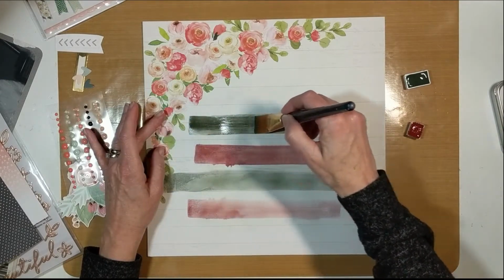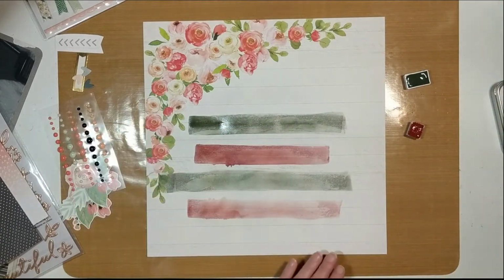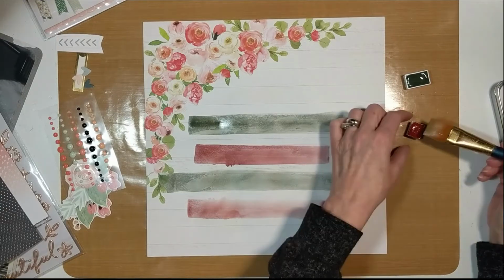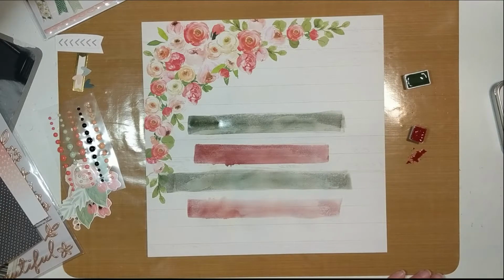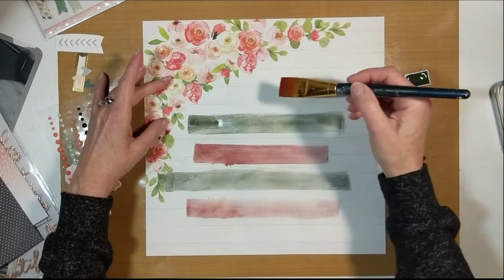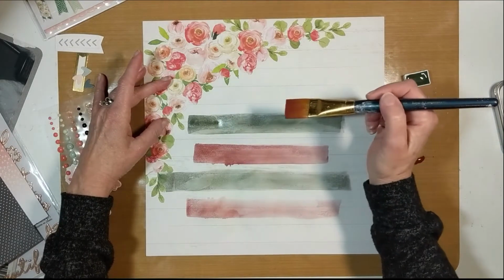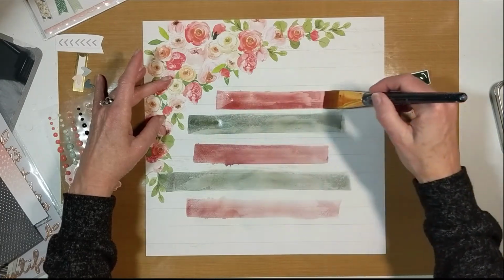That 12 by 12 sheet of paper, for the life of me, I cannot remember if that came from Photoplay or what was the other collection I was thinking of. It's not crepe paper because it's too thin. And I did use white gesso. I prepped it ahead of time so that it could dry on the back, on that paper. All right, so that